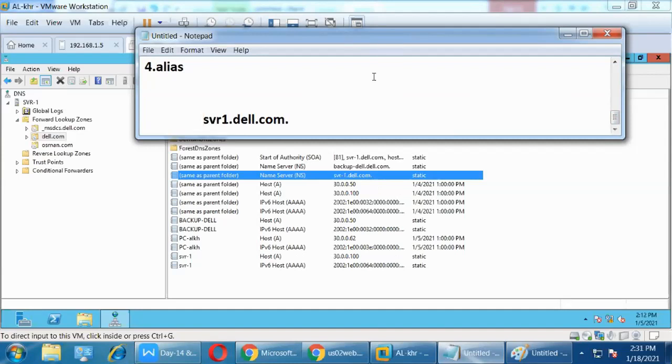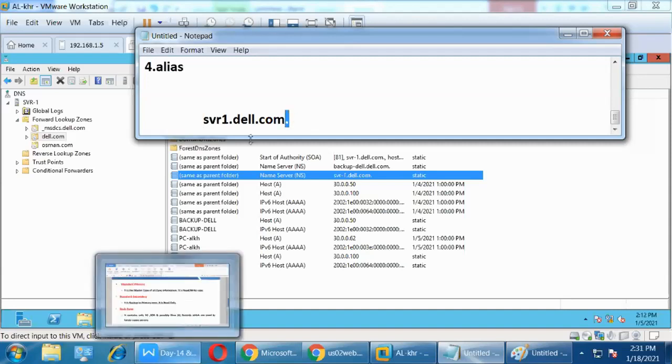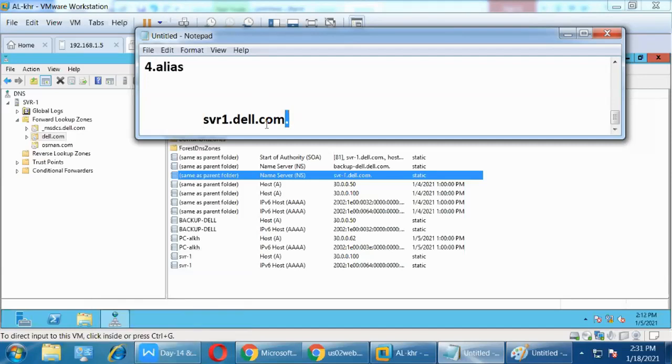Guys, remember, this dot is nothing but your root domain, right? And this is which domain? .com, top level domain. Yes, sir. We have seen that chart, sir, in which you have shown .com, .org, .edu, various in that. Yes. Clear?